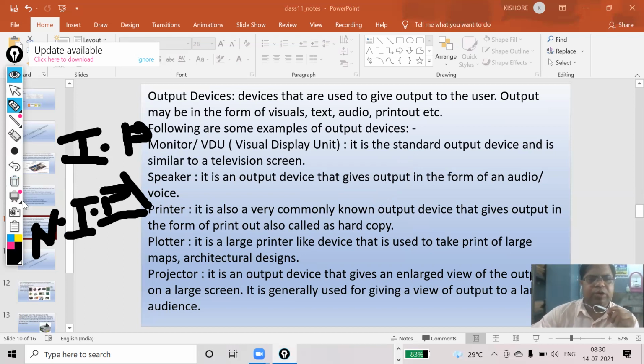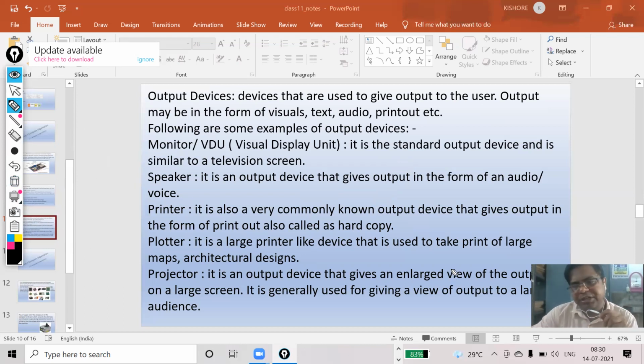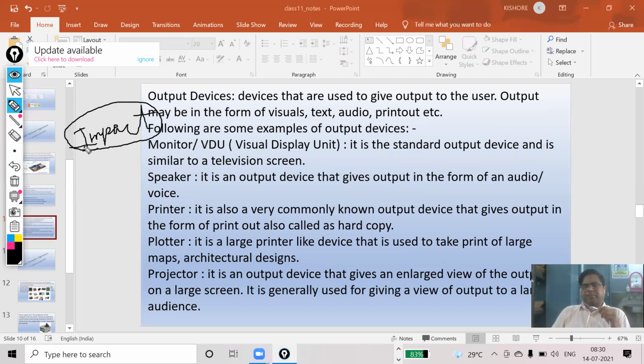If anyone asks how your printer can be classified, then you will say it can be classified in two ways. First one is the impact printer. So what is the role of an impact printer? How can you understand that this printer is an impact printer? Simple. If you get noise from the printer, that will be called an impact printer. The best example is your dot matrix printer, where you will get a sound, cut, cut, cut, while printing.